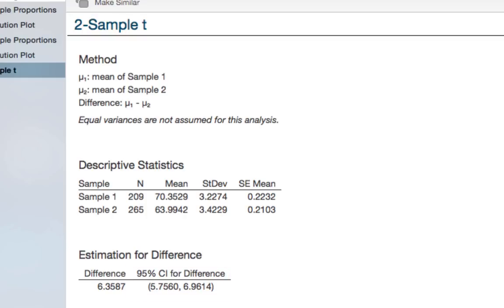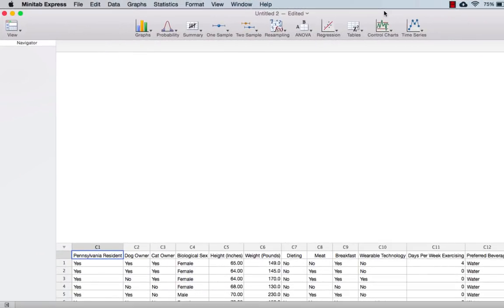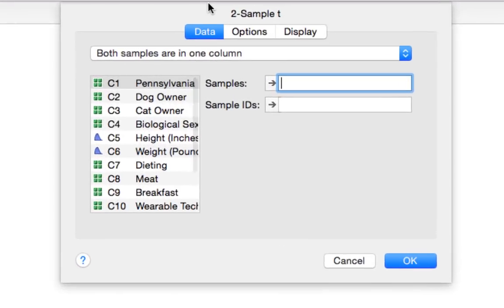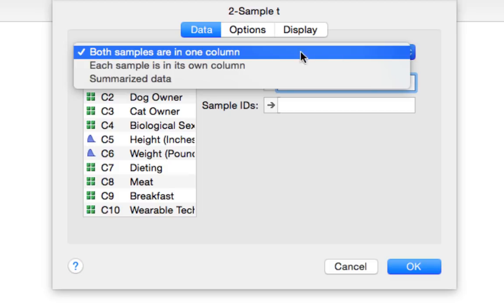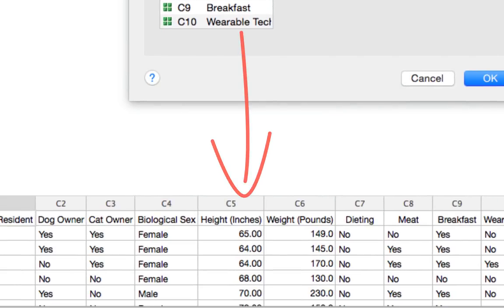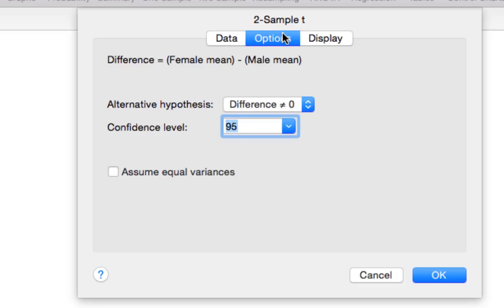Next, I want to show you how you could construct this confidence interval if you had a data set open in Minitab Express. Here I have my data set open. I'm going to follow the same procedure to start. Statistics, two-sample inference, T. But now, I'm going to say that both samples are in one column because I have one column with all of the heights in it. Samples is our quantitative variable, here heights. Sample IDs are the biological sexes. We'll double check the options, but we're going to keep the default settings here because we want a 95% confidence